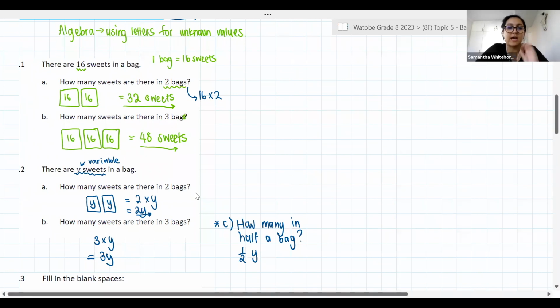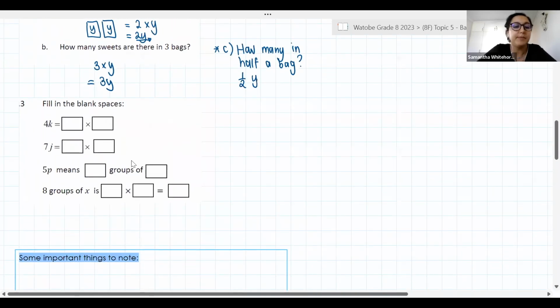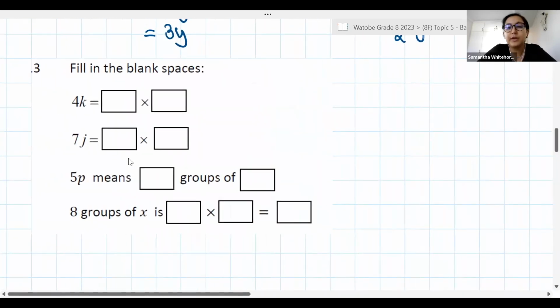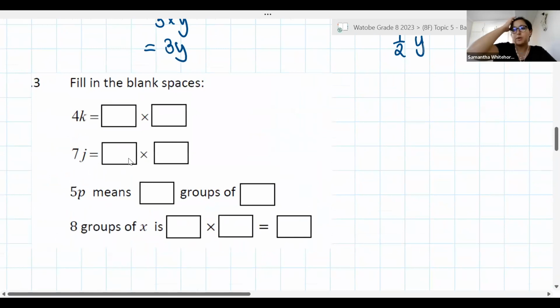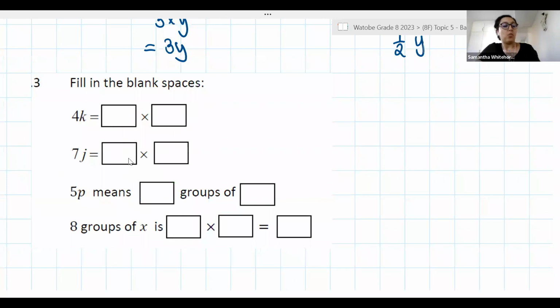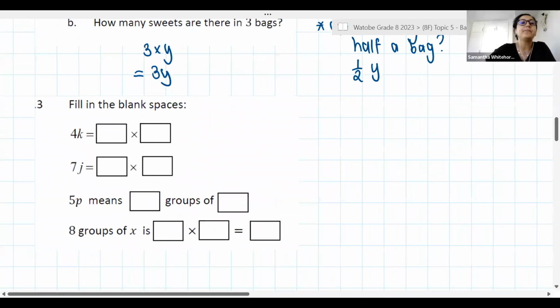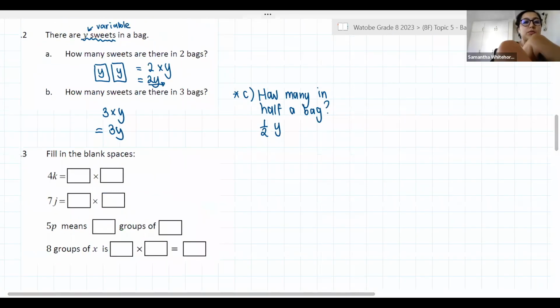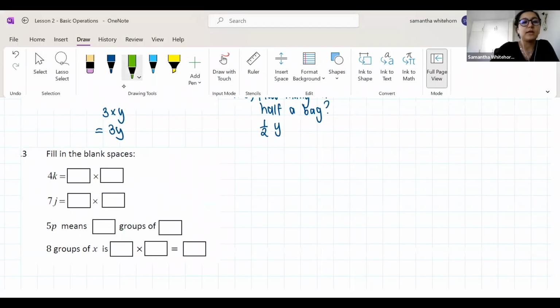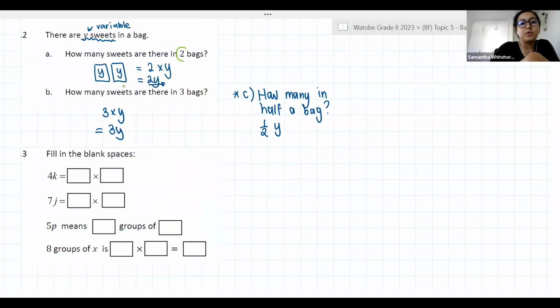Righty, I'm hoping we've all got screenshots. Let's have a look at our third example here. Essentially what I'm asking you to do is understand what operation is being used. From the last example, example 2, if we look at A, we said that if there were 2 bags of sweets and each bag had Y sweets, we could multiply the 2